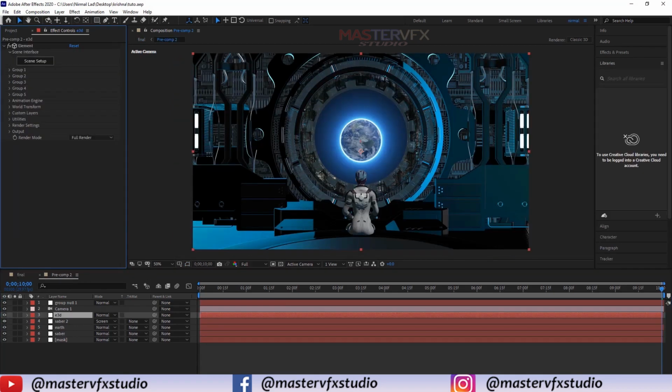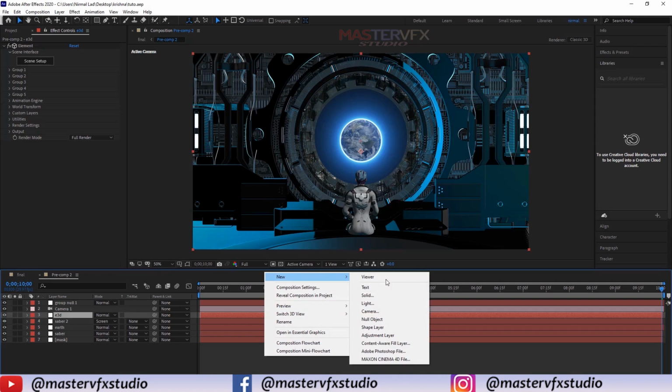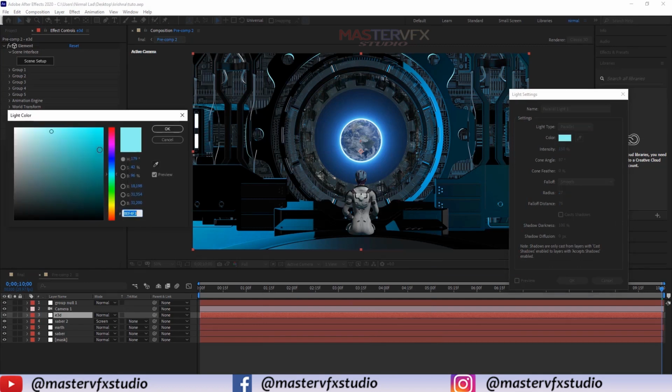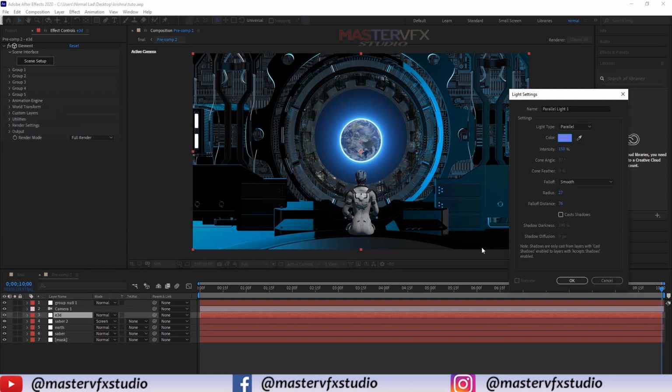So now guys, we are going to create the light for our scene. For that I use one parallel light. Right click, new, light, use parallel light. Make the intensity 150%, and change the color to a bluish kind of color. Make sure cast shadow is enabled, and press OK.